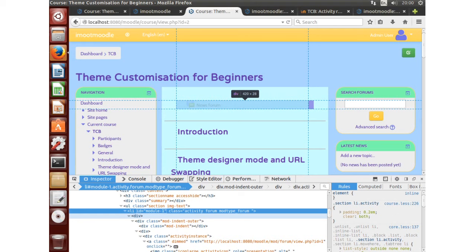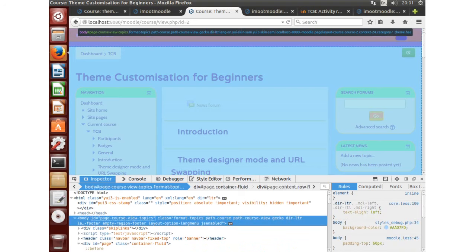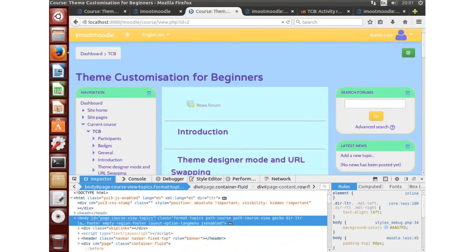I have a question myself. I realized, for example, that on the iMoot page, only when you switch editing on do you see the settings block. If you have it switched off, it's not available. Is this a theme setting or is this hard-coded? How does it work? That's a cunning plan. All right, body class. On the body, Moodle adds some wonderful things, and it tells you when things are happening. So if we're editing on there,